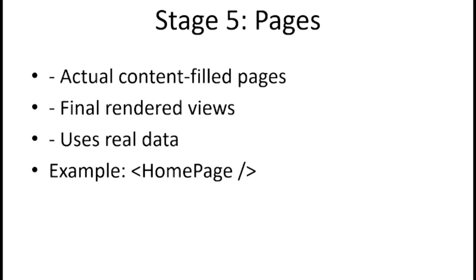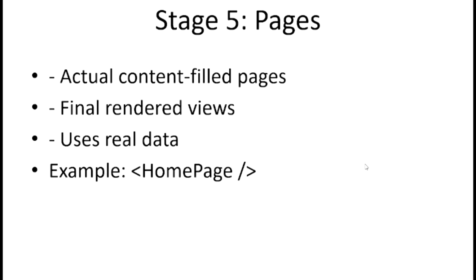So next is stage 5, which is pages. Pages are final implementations of templates. They use real content and data like fetched products or user info. This is what the user finally sees. So a page can have actual content filled in. When they are combined together, they form pages, and they give final rendered views in our UI, and they are used for real data. So this is the way we use atomic design, from atom, molecule, organism, and then, as I told you, template, and then pages.